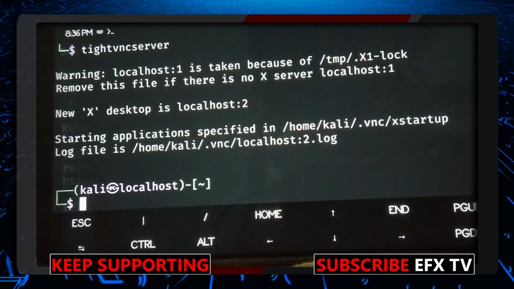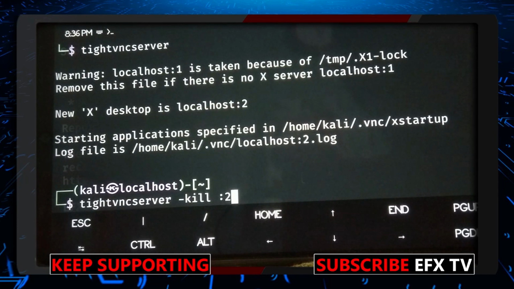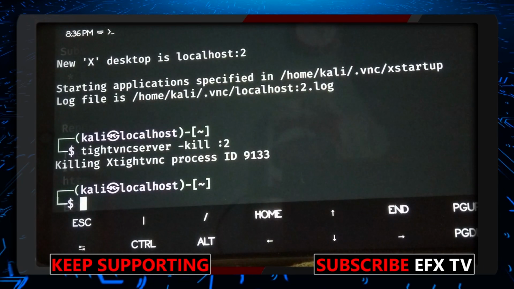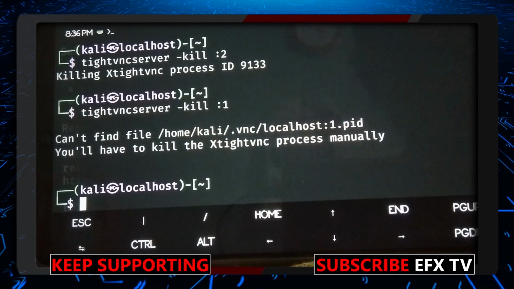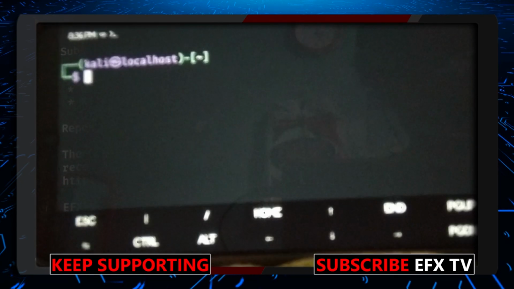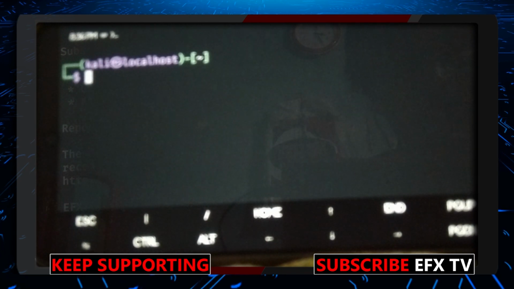Log out. And then close the NetHunter VNC. It's closed. Now what you have to do is go to the location